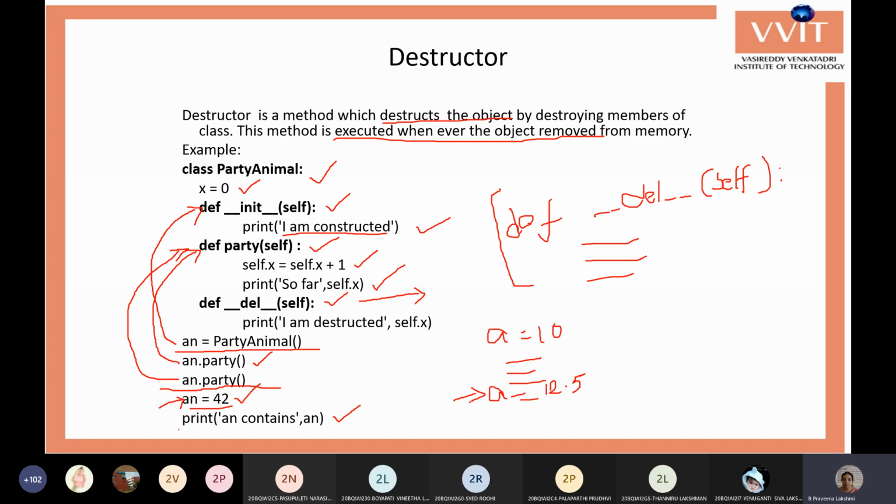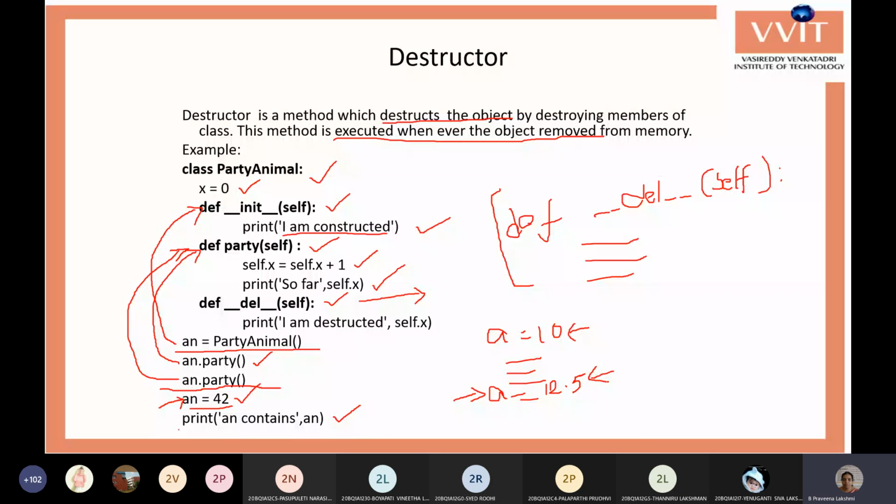If the type is not changed, it doesn't delete the variable. Here a is first assigned an int, and now it is assigned 12.5, a float value. The type is changed, so the memory also has to change. The first variable is deleted and its memory released, and then a new variable is created with a new memory location and the new data type, and the value is assigned.